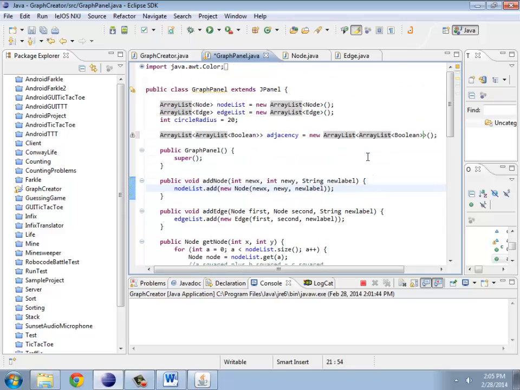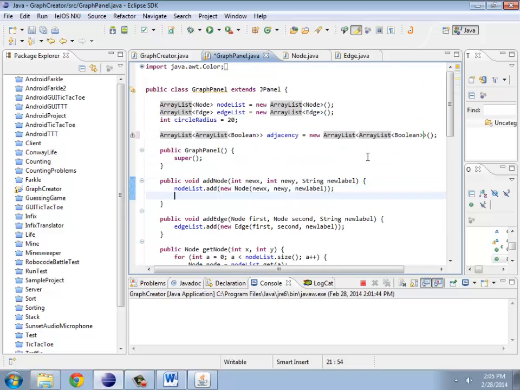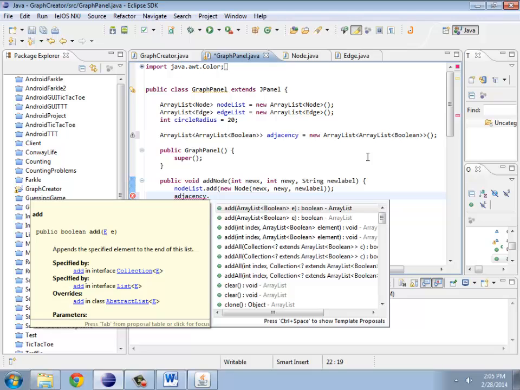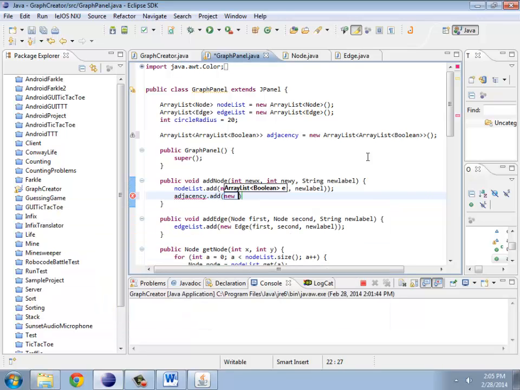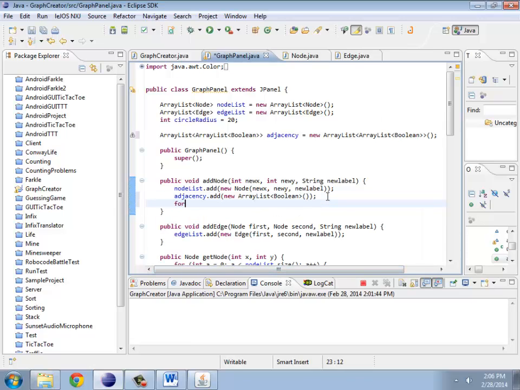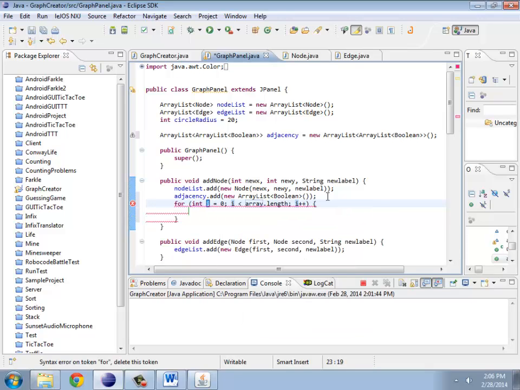When I add in a node, what I'm going to have to do is update the rows and columns. So adjacency is going to add a new array list of Boolean values. So create a new list of array lists of Boolean values. And then for each thing in adjacency.size,